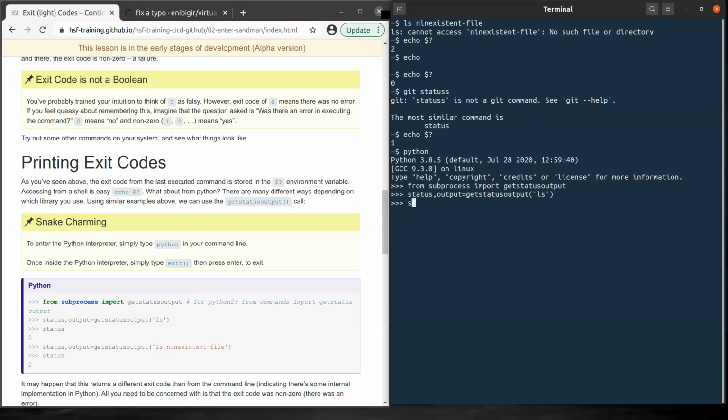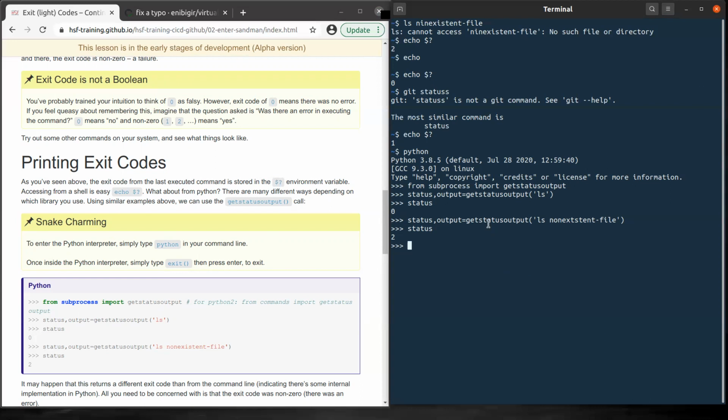Now we can check the status to display the exit code, which is 0, as we expect this to succeed. And now let's put the ls with the non-existent file, which we know will fail. Let's check the status again. You can see it's non-zero.